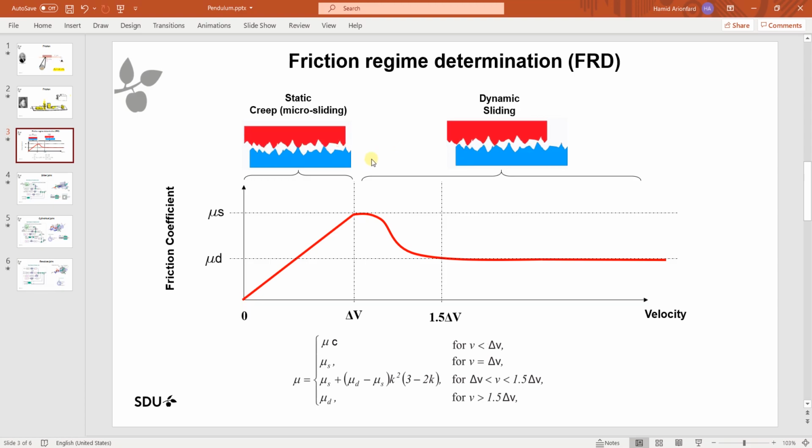We have very little movement in the static friction, which we call creep or micro sliding. And this is under some, let's say, velocity delta V, which we call threshold velocity or a stiction velocity. Until this point, or until a stiction velocity, we can consider the objects static. So the friction coefficient will be the mu static, which is always higher than mu dynamic, because as the object